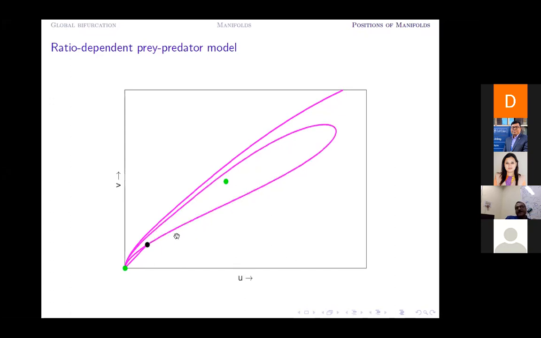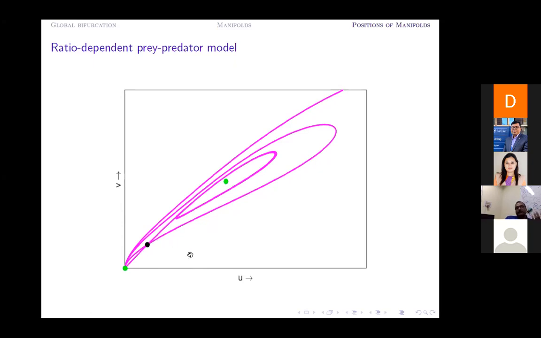The third one is another manifold. As far as its orientation, position or shape is concerned, you can clearly understand it will emerge from here and ultimately converge to this equilibrium point. So again, it is an unstable manifold. And we are left with one more, that is this one. So these are four different manifolds: this is 1, this is 2, this is 3, this is 4. Now, why am I giving such emphasis to these manifolds?